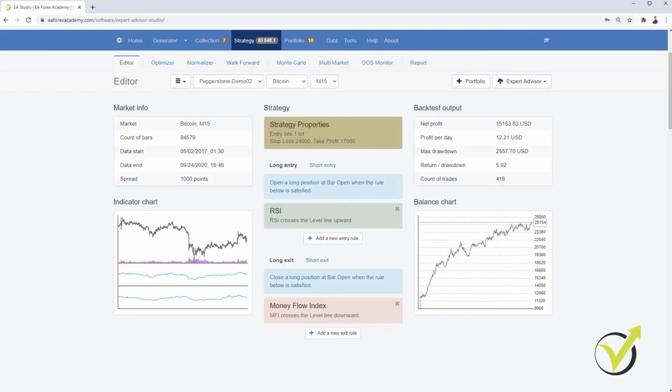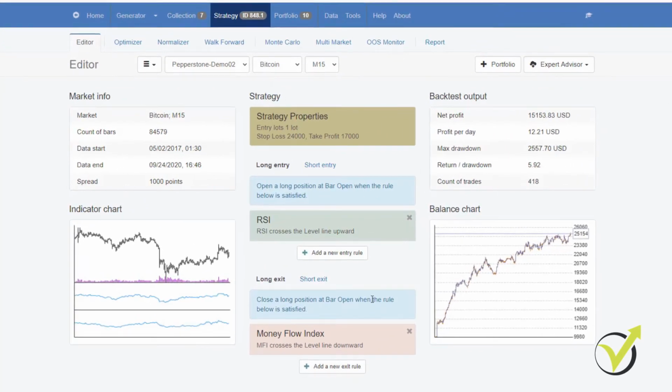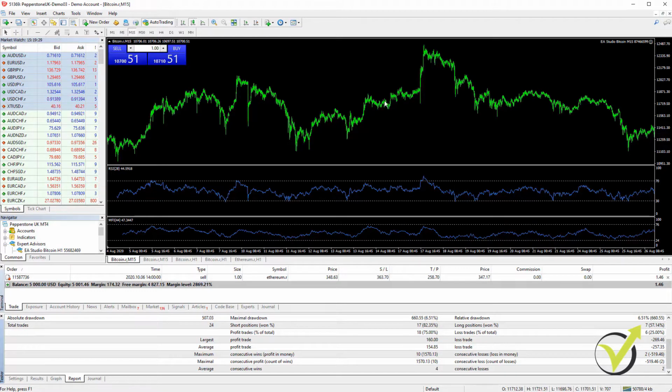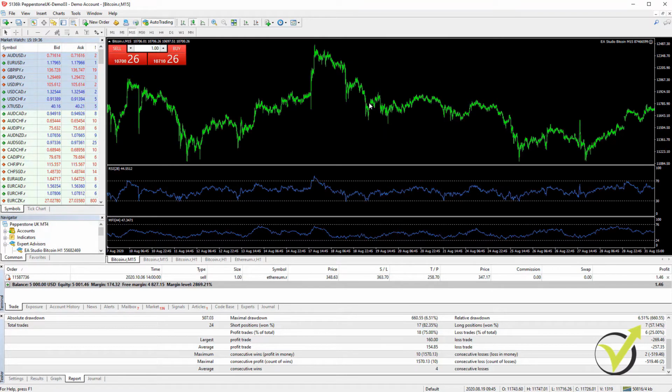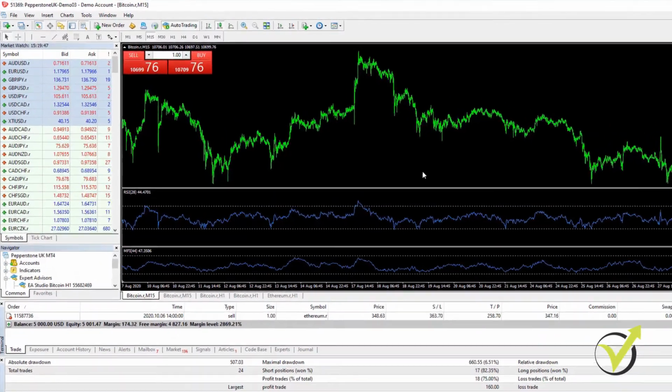Now if I open the very same strategy on EA Studio, you will see that I have 411 trades. This is the balance chart for the last 3 years and 6-7 months, which is more data, and this is because I have the data, as I've said, from the previous server. Alright, and if you want to collect more data from your broker, all you need to do is keep your MetaTrader open, and with time it will collect more bars for you. Basically, this is the only reliable way you can collect bars from MetaTrader.